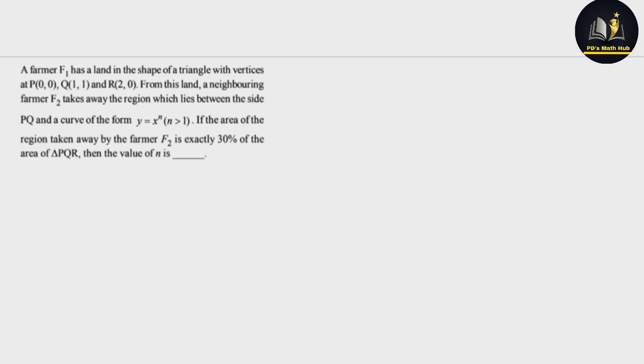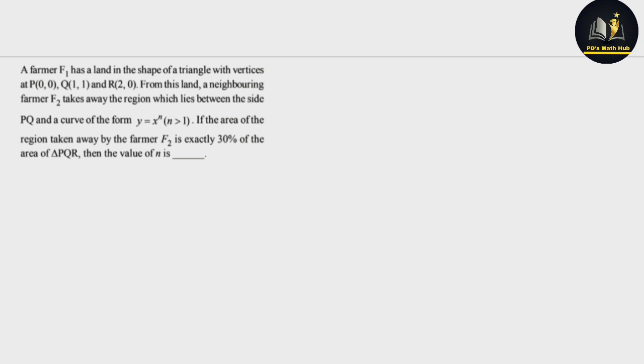Today in this session, we will solve some problems on application of integrals. So first question. This question was asked in JEE Advanced 2018. What is the question? This is a very simple question. As soon as the students see this, they get confused or they neglect this question. But this is a very simple question which is based on the concept of application of integrals. So let me explain the question.